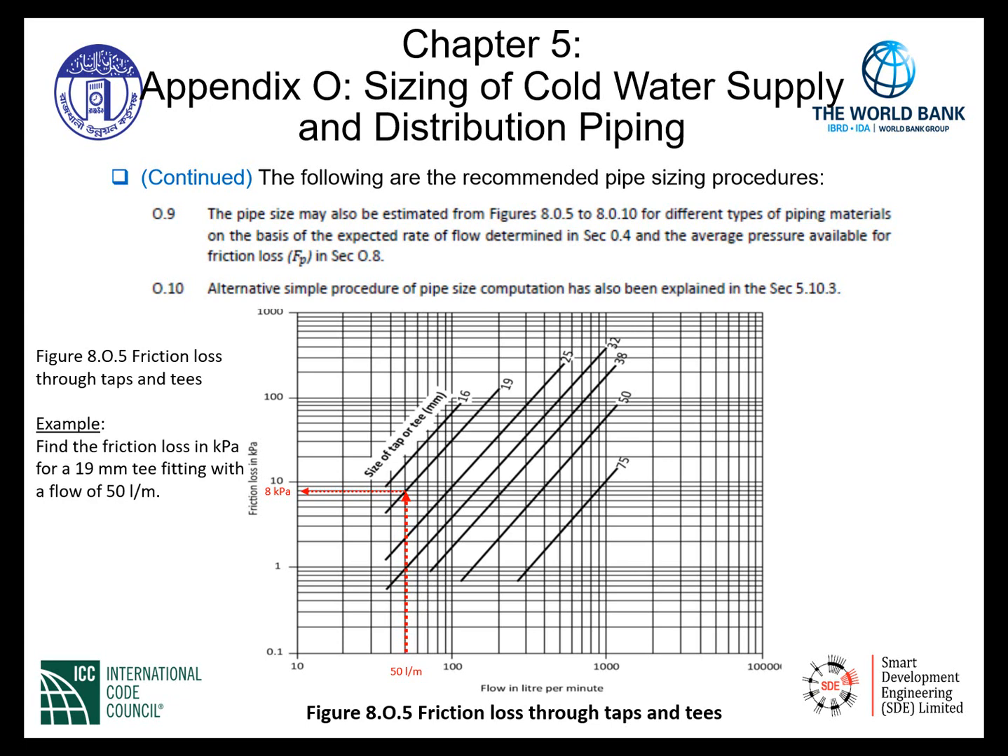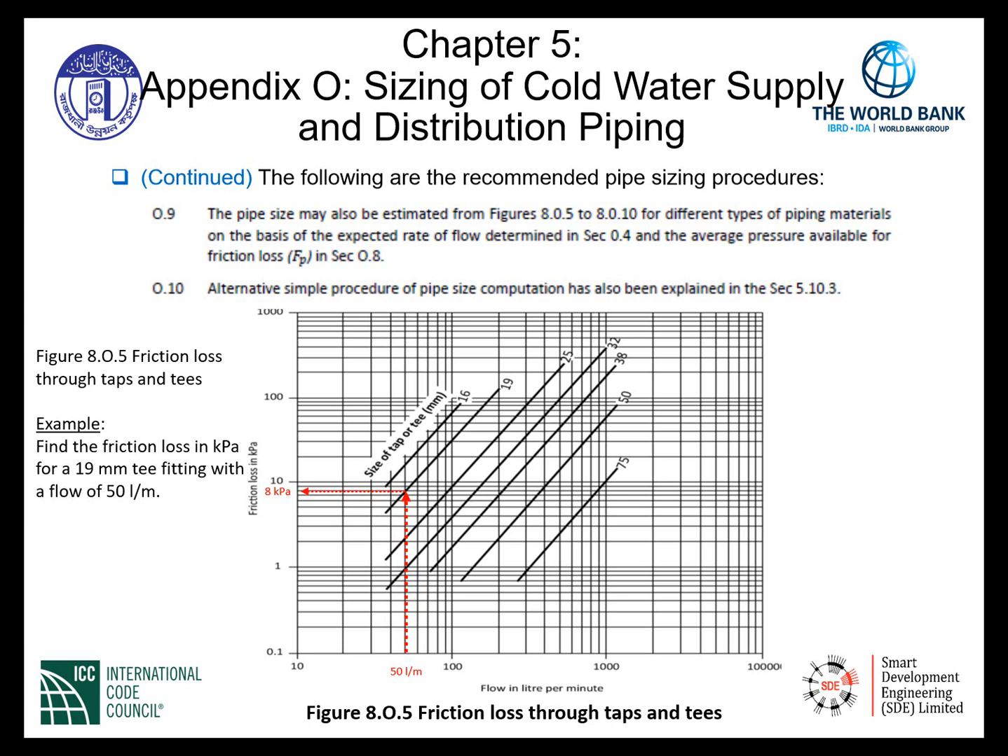As an example, we continue on item 0.9. The pipe size may also be estimated from figures 8.0.5 to 8.0.10 for different types of piping materials on the basis of expected rate of flow determined in section 0.4 and the average pressure available for friction loss, F sub P, in section